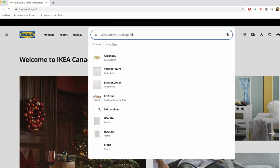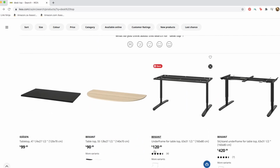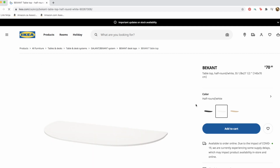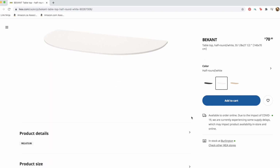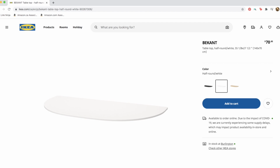In my search for 2 desktops, I wanted something quite unique, and I was surprised when I found these round ones at IKEA. They were really fairly priced, and I hadn't seen anybody else talk about them before, so I decided to get 2 of them in the white color. The plan was to have the one side of the desk float over top of the storage units, but be